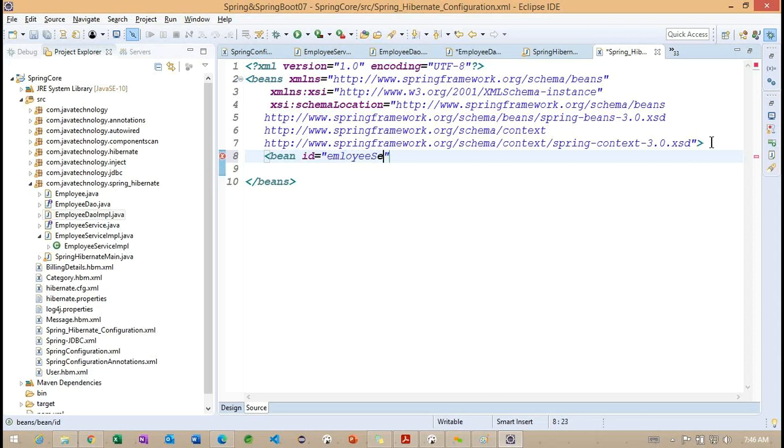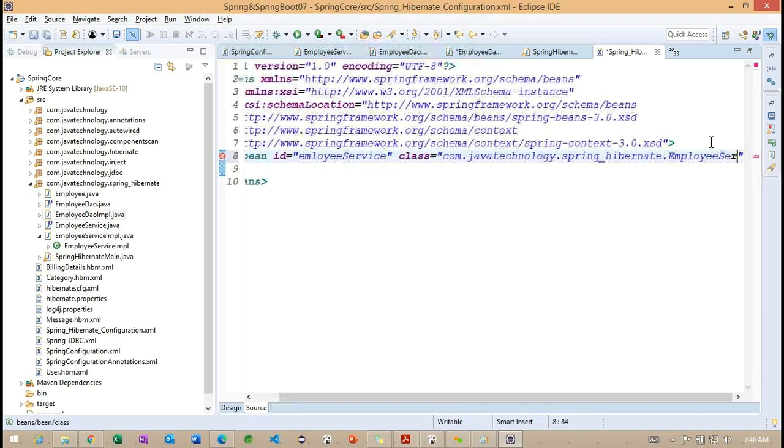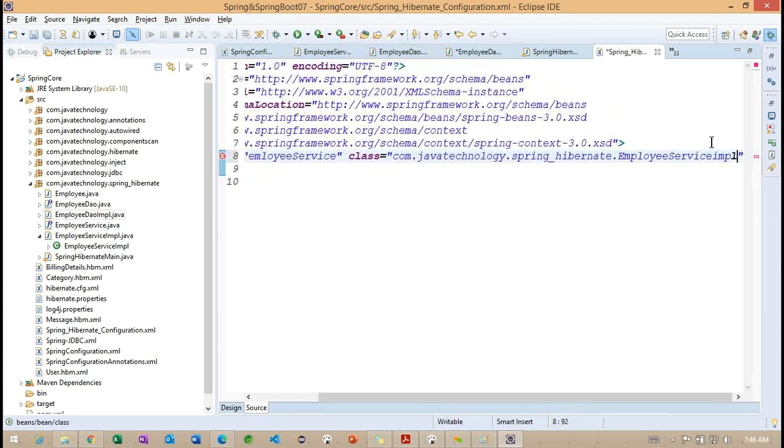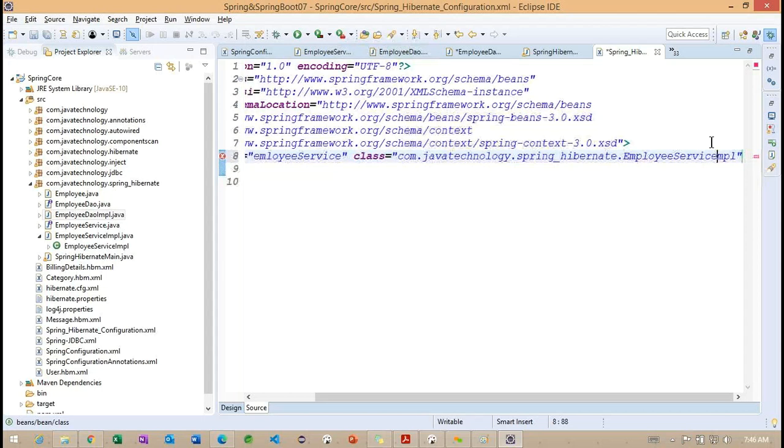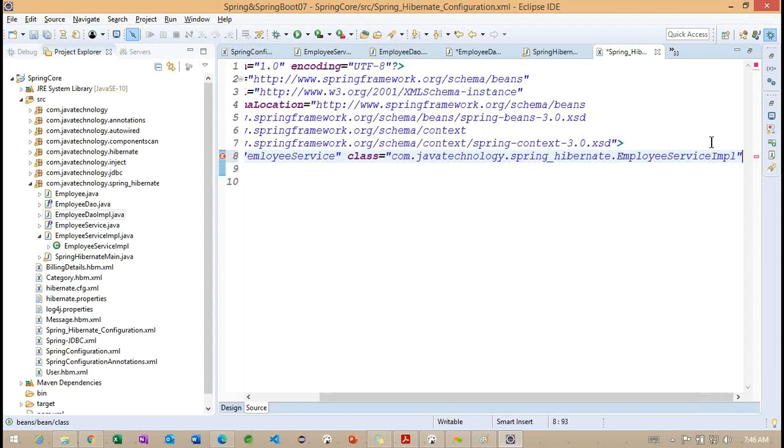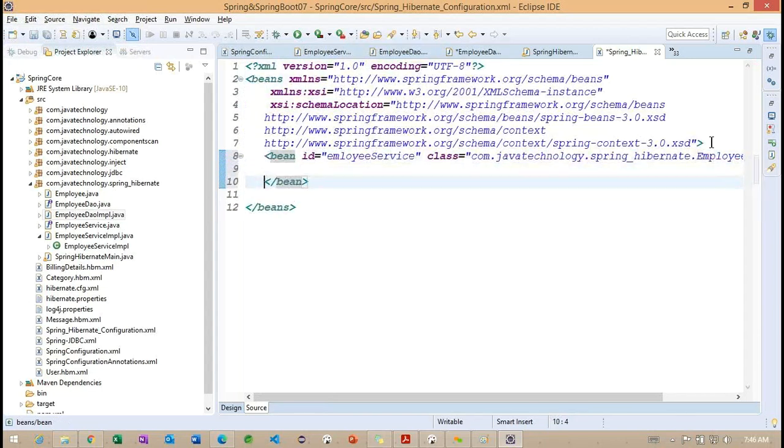Bean ID. So after this, employee service IMPL. IMPL, I is capital. Okay.